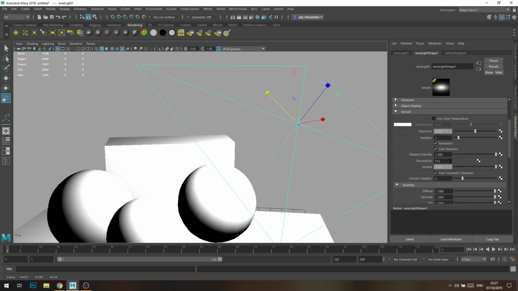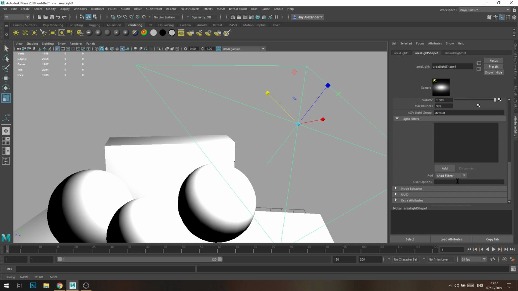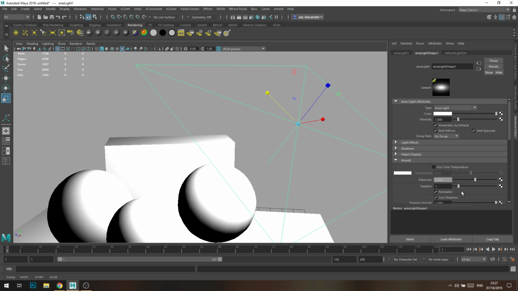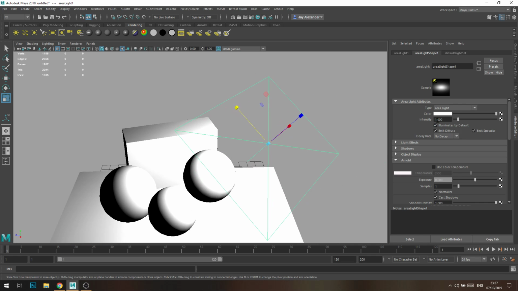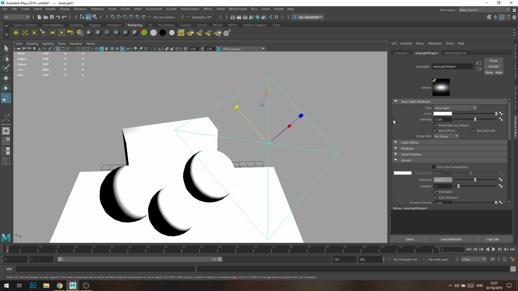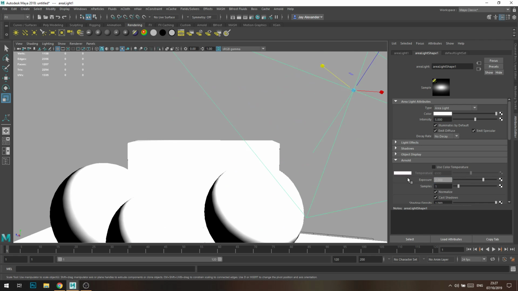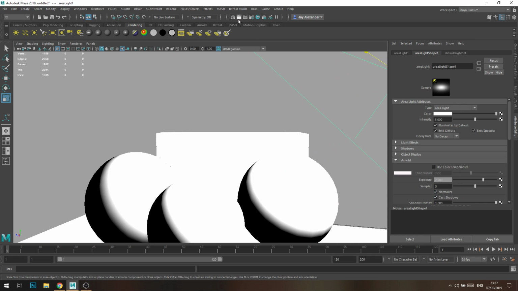Light effects, nope, it's down here somewhere. It doesn't matter right now, but we can change the light's actual shape. Object display, nah, it doesn't matter. For area light, right, so area light. So we want to set the intensity to a reasonable value, so maybe 5. We'll set the exposure to 2 and increase the samples to 5-ish. And if we render this out,